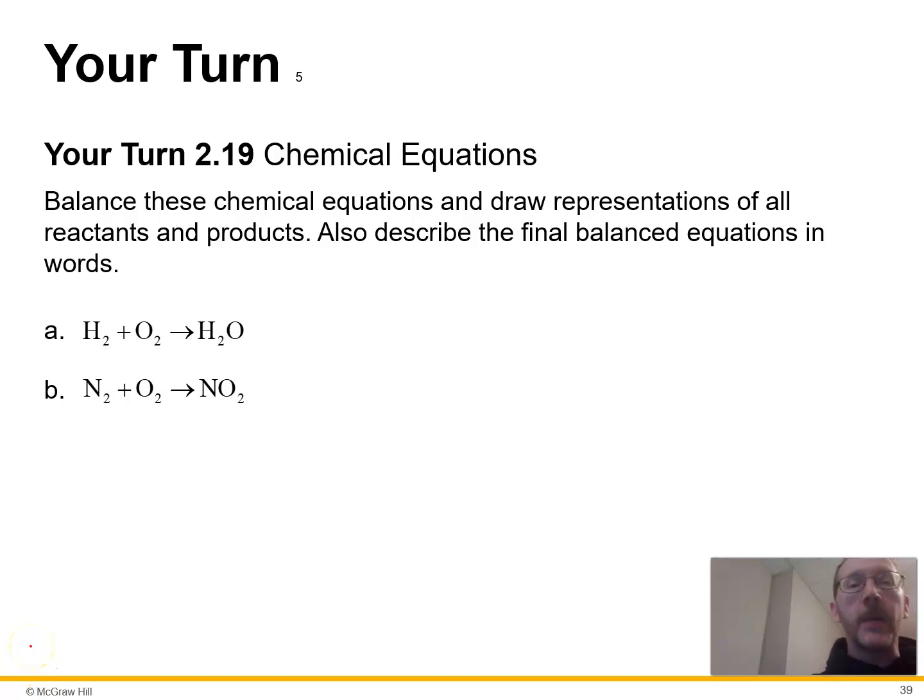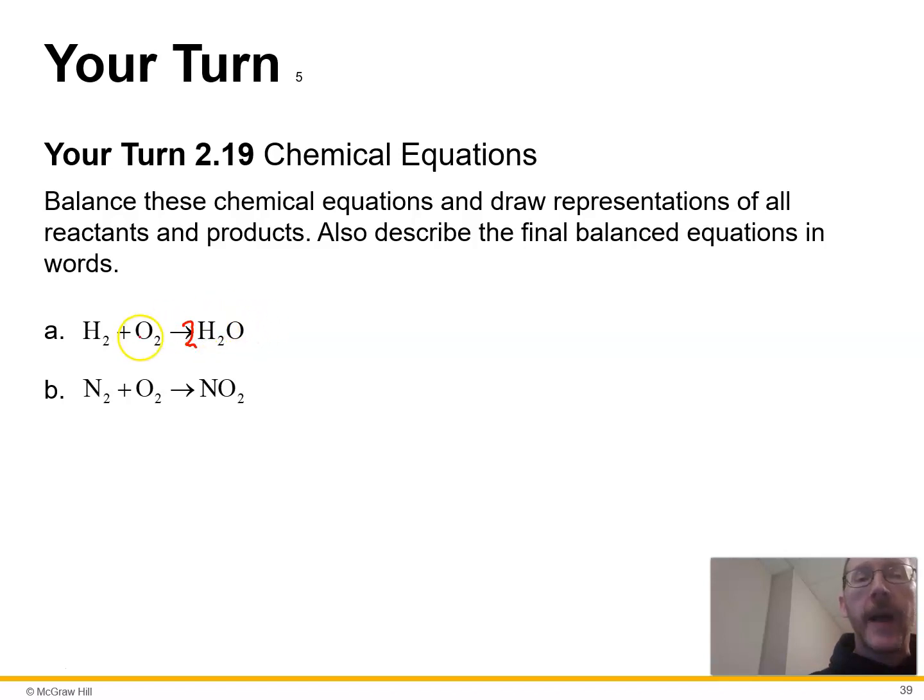All right, instead of just appearing, let me walk you through how I would do this. If I look at this, this is the most complicated formula. There's only one oxygen in it, and there are 2 oxygen atoms over here. So in order to balance that out, I can't do this, right? That changes it from water into hydrogen peroxide. That's not fair. But I can put a 2 in front to say that I have 2 waters.